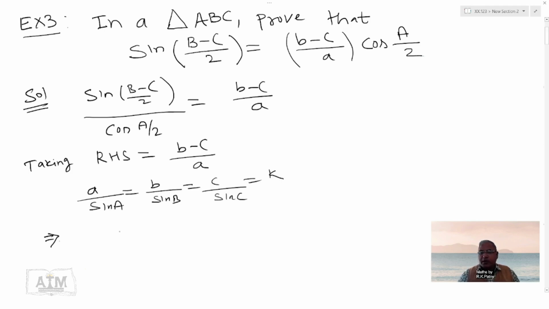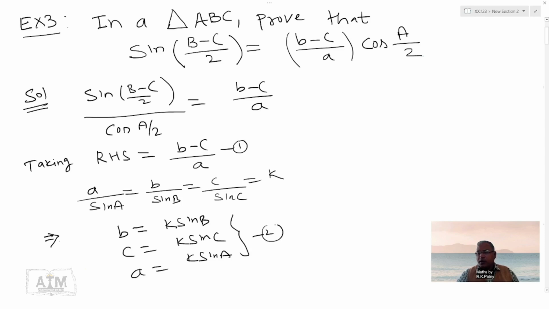From the sine rule, we get b equals k sine B, c equals k sine C, and a equals k sine A. So these are the three values putting in the RHS, that is b minus c upon a. Call it as 1, call it as 2. So putting 2 in 1,